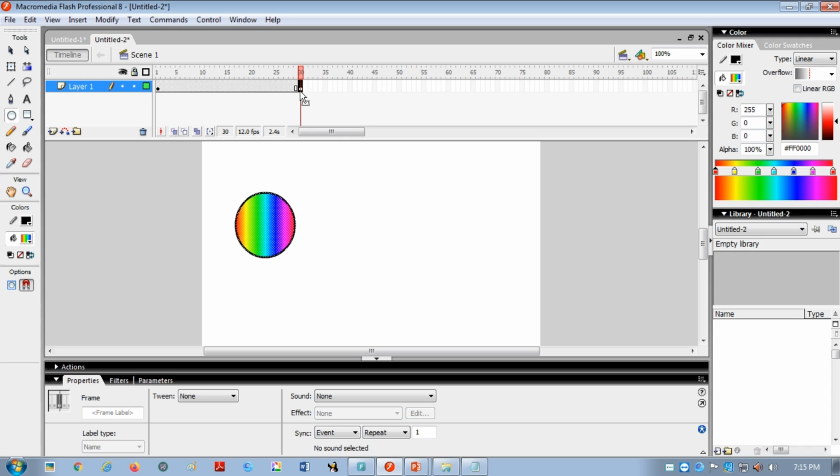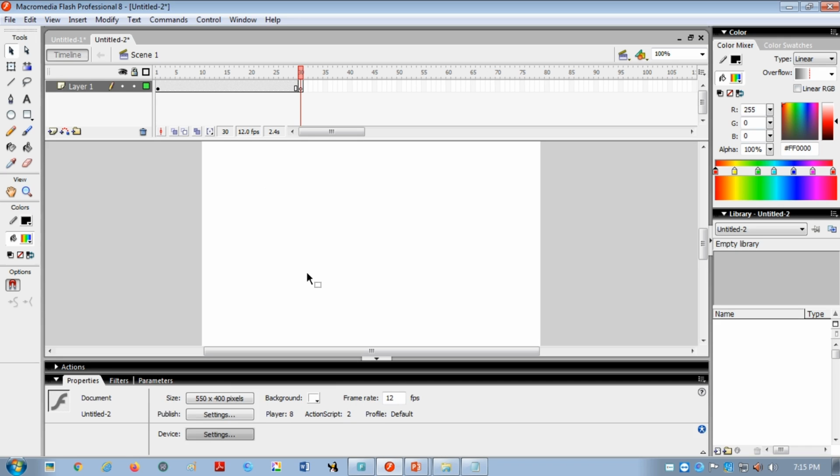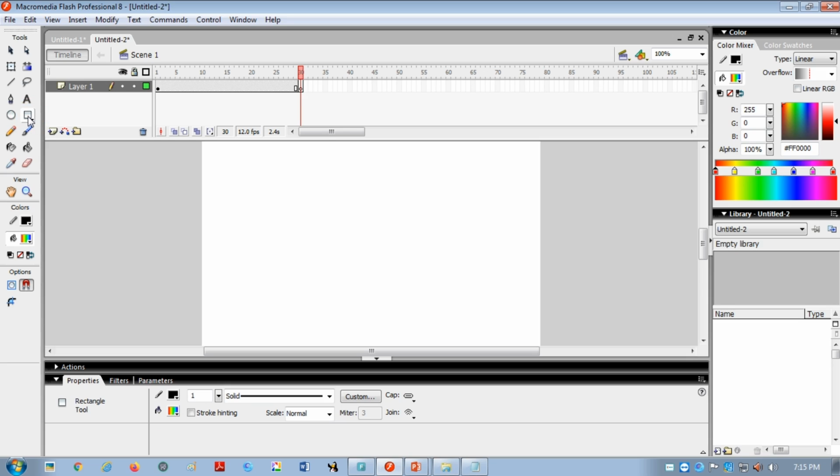Now here what you have to do, you have to select this arrow key. आपको ये एरो की को सेलेक्ट करना है, एंड देन यू हैव टू जस्ट सेलेक्ट दिस वे. ओके, एंड डिलीट दिस सर्कल लाइक दिस. You can delete from the keyboard. There is a delete button on the keyboard. You press that one, and then after you change, you draw some another shape, say a rectangle at the other end like this. Okay, and after that what you have to do, you have to click anywhere in between.